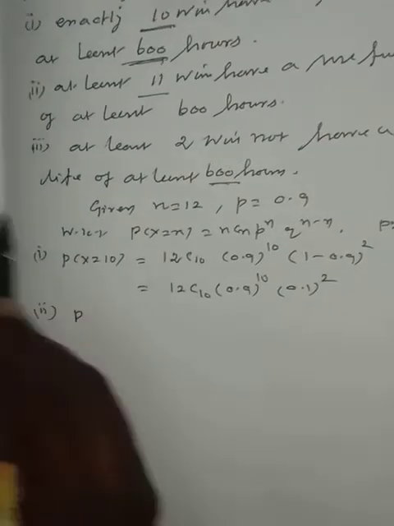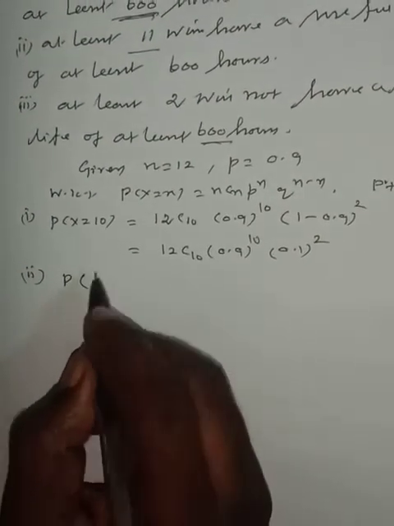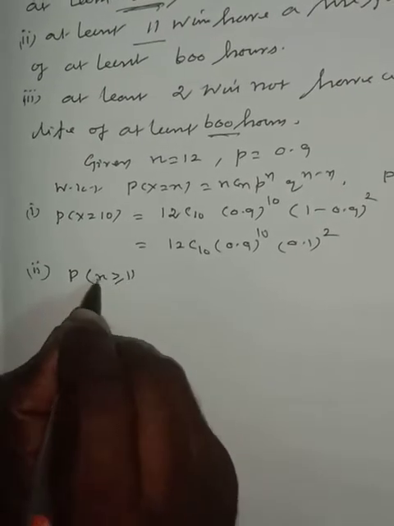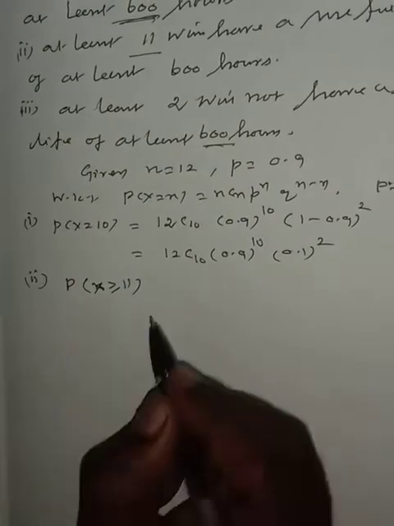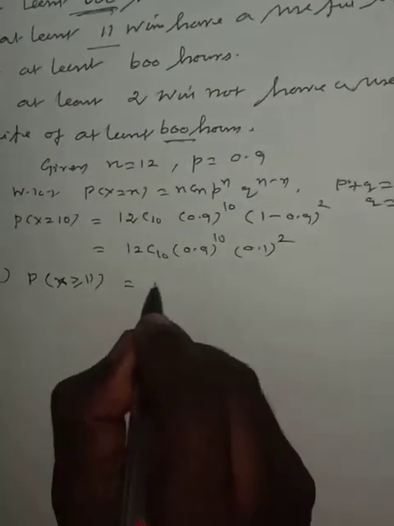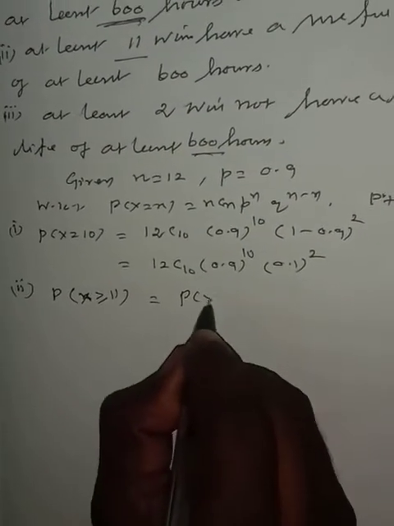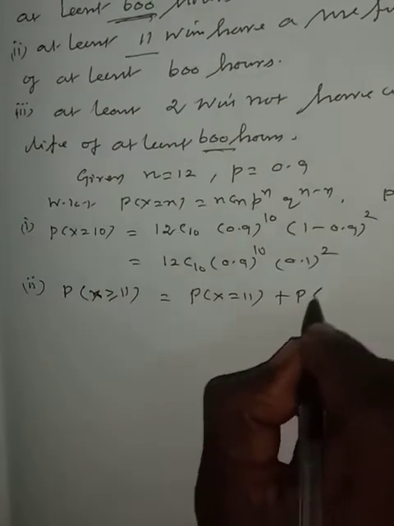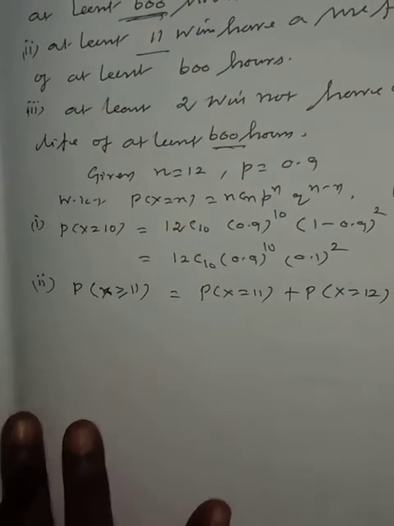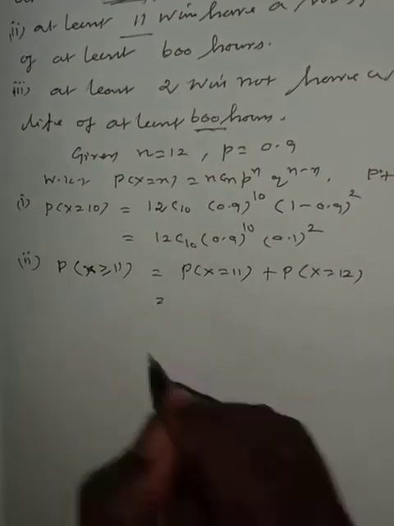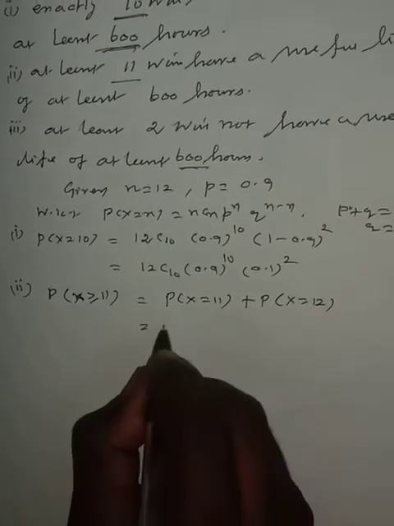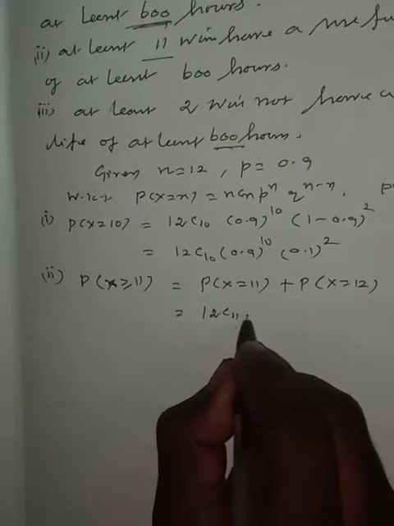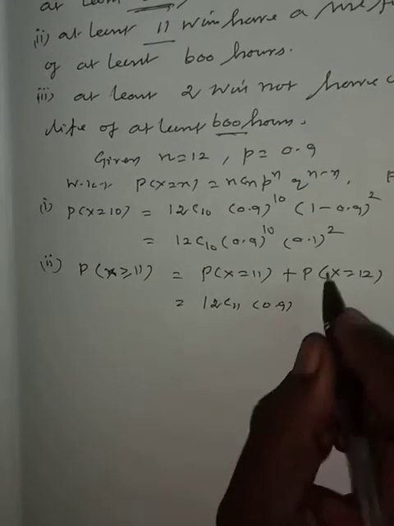So P of X greater than or equal to 11 is equal to probability of X equal to 11 plus probability of X equal to 12, which is equal to 12C11 into 0.9 to the power of 11